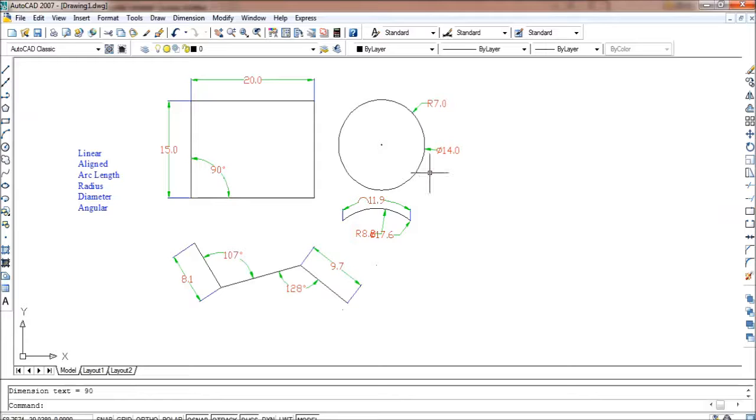So this is all about dimensioning. The next tutorial will be about the modifying toolbar. We will discuss the modifying commands in the upcoming tutorial session. So thank you for